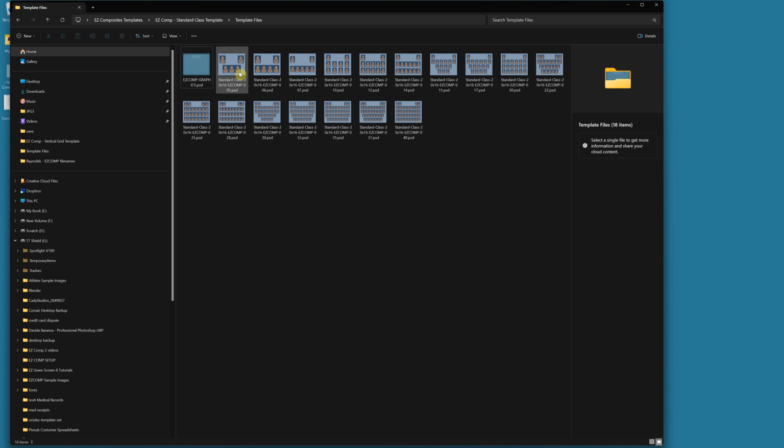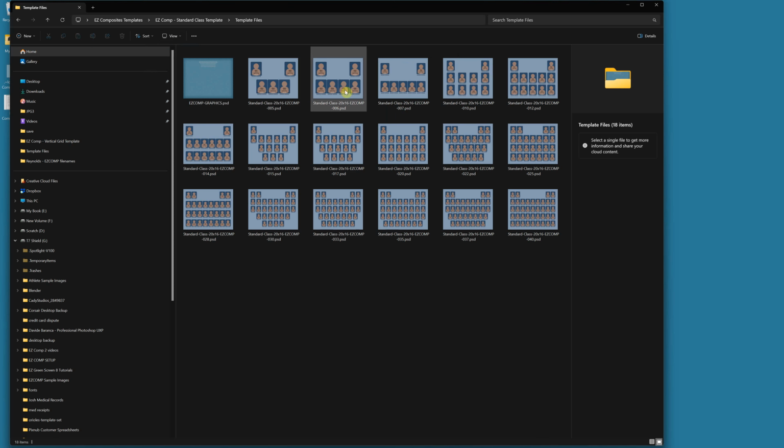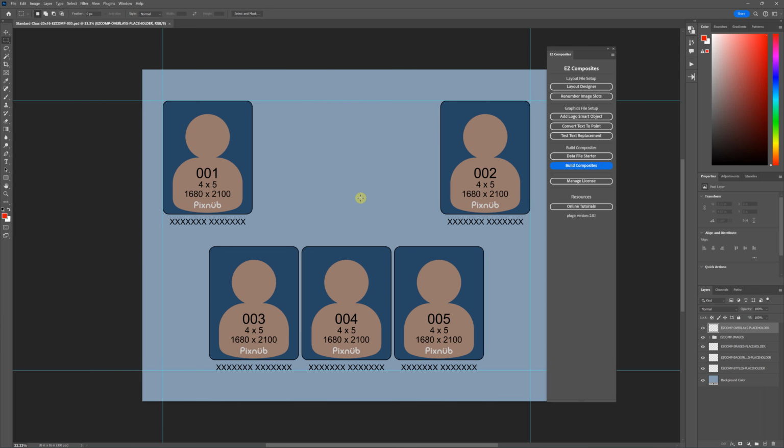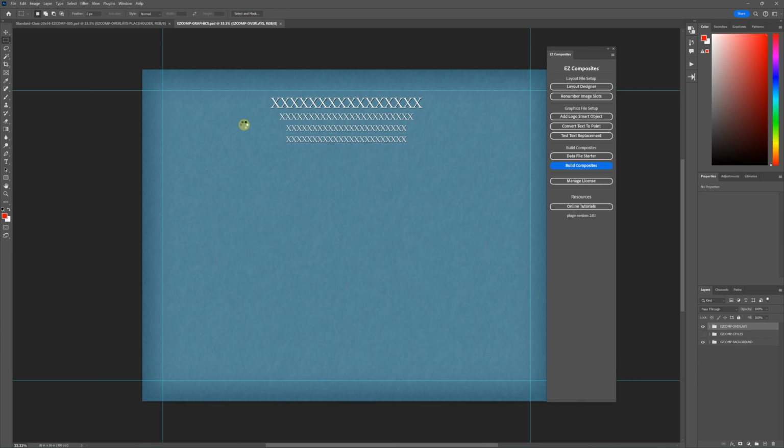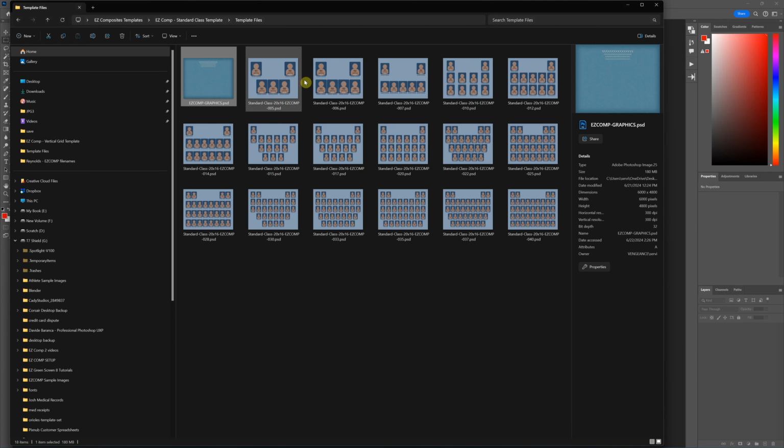You've got different layout files, which if we open one of these, it's just a layout that's got 5 smart objects on it. And then we've got a graphics file. When you build a composite, it's going to merge these 2 PSDs into one PSD and build the composite into that. The reason why I did that was because if you want to change the graphics, you don't want to have to change it for every single one of